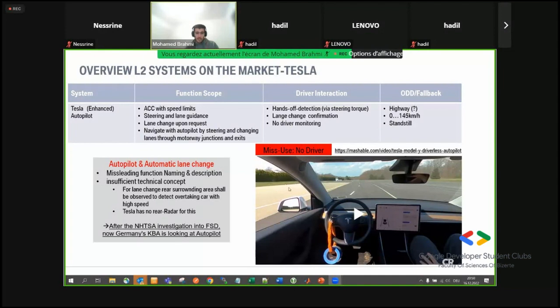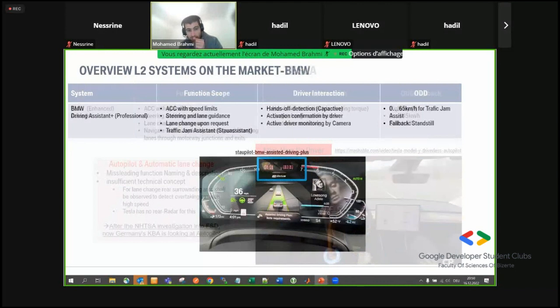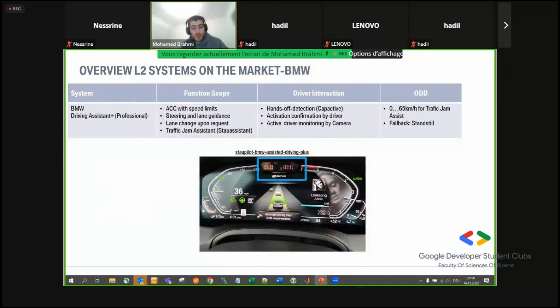Okay, this is the L2 system from Tesla. The L2 system from BMW is also similar. It can do the longitudinal and lateral control, lane change upon request. And the difference is that this system is actively, with the help of a camera,